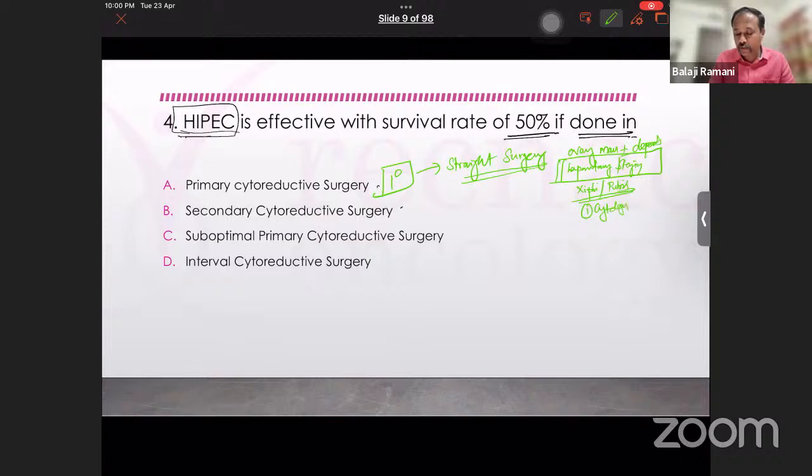What is the first step which will be done? That will be the cytology. Secondly, you may need to remove the mass. If it is a large bulky mass, only after removing the mass you can send it for frozen section. Then usually you will proceed with the rest of the staging in the form of TAH plus contralateral salpingo-oophorectomy. So the procedure done on this particular side and removal of the mass is usually a